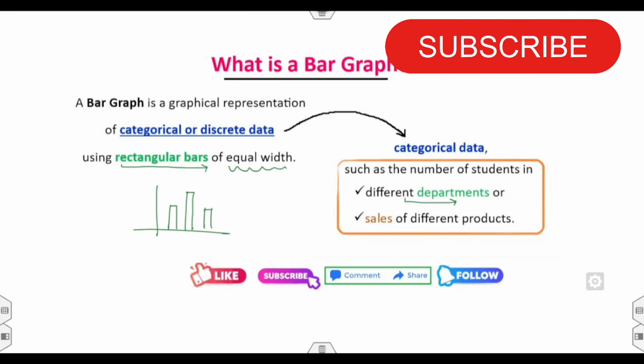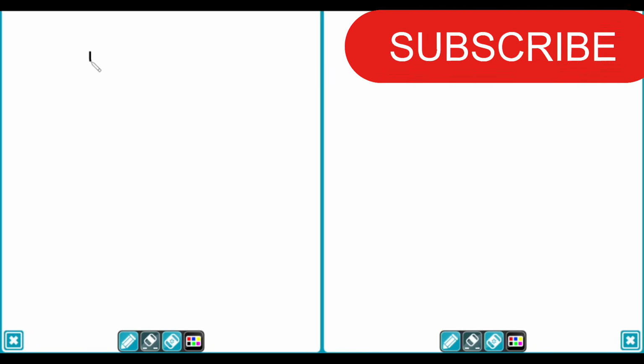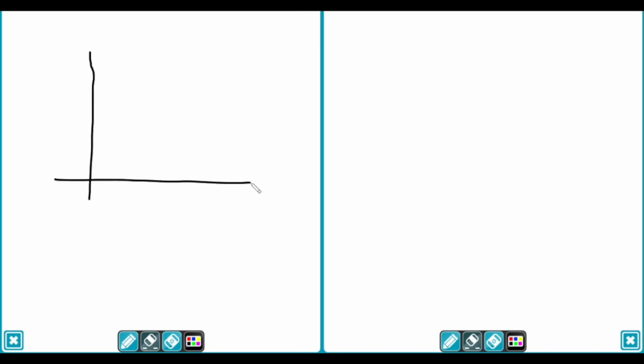The second most important thing is, first you must understand what the difference is between the two. Whenever you are drawing the bar graph, the first thing is it must be rectangular. Fine. So these should be rectangular, like in this case. Second most important thing is, whenever you are drawing the graph, the width of the first rectangle, width of the second rectangle, width of the third rectangle must be equal.